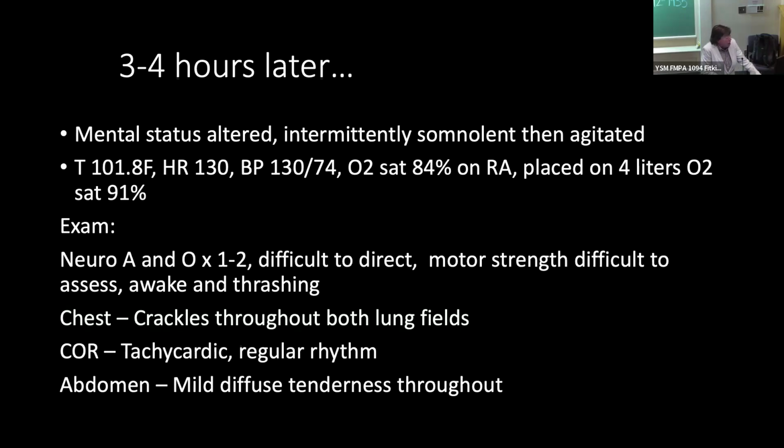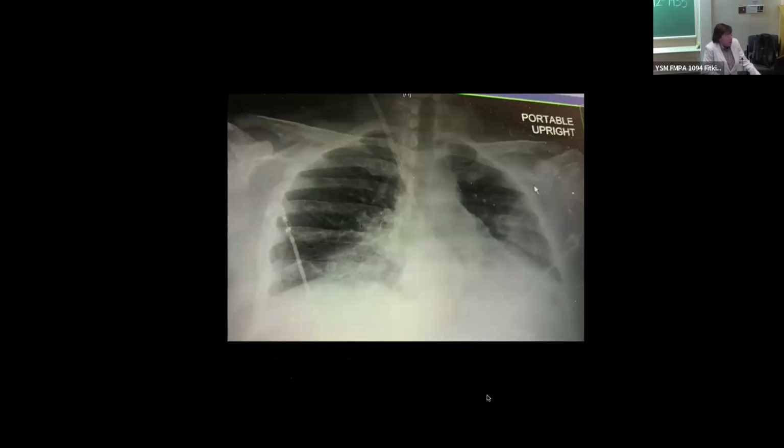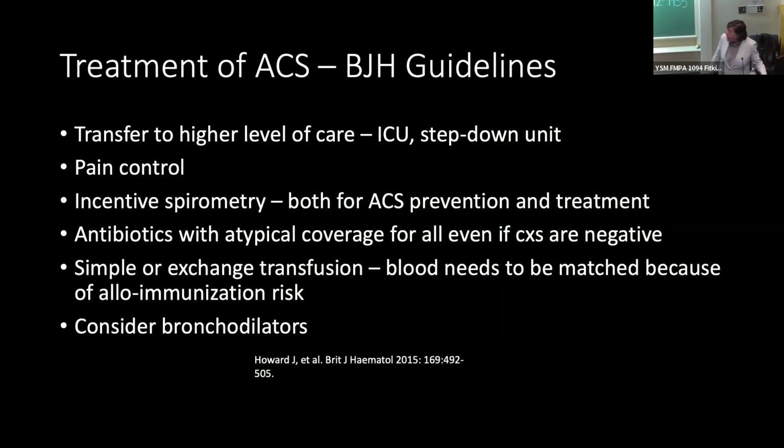And so they get an X-ray. This X-ray is a little bit out of order; I left the X-ray out of this talk. The X-ray shows it's a portable film, not great quality. There's a lot of soft tissue; she's obese. But there is suggestion of bilateral infiltrates, probably involving both lower lobes, and probably posterior in the superior segment. And this is acute chest syndrome.